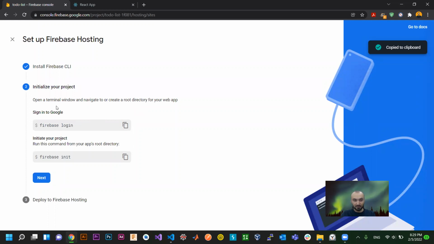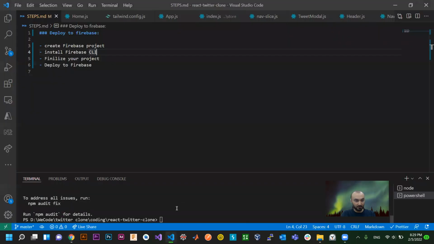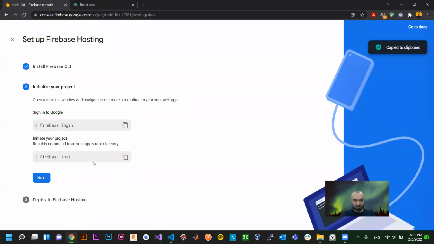The initialization step is to sign into the Google account, to the Firebase account, and then you have to run firebase init. So right now the Firebase CLI is installed. Then I will initialize the project by copying this command